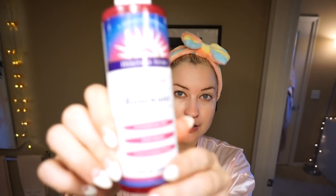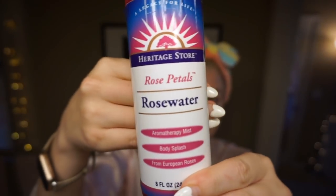And then I'm just gonna give myself a rose water mist. I really like this rose water. I just get it on Amazon. Feels so good. Normally I would now move on to serum, but I'm actually going to insert a break in my regularly scheduled skincare and do a face mask,